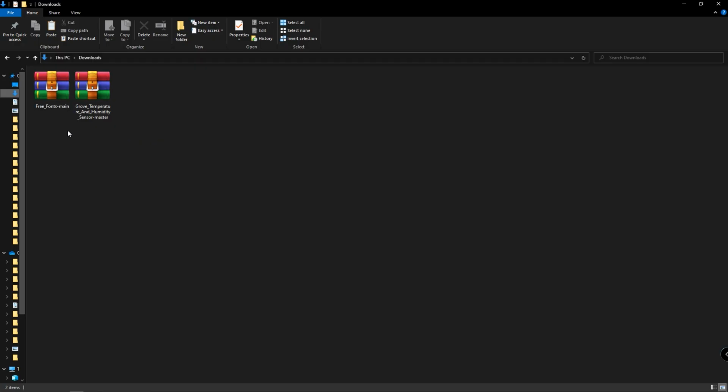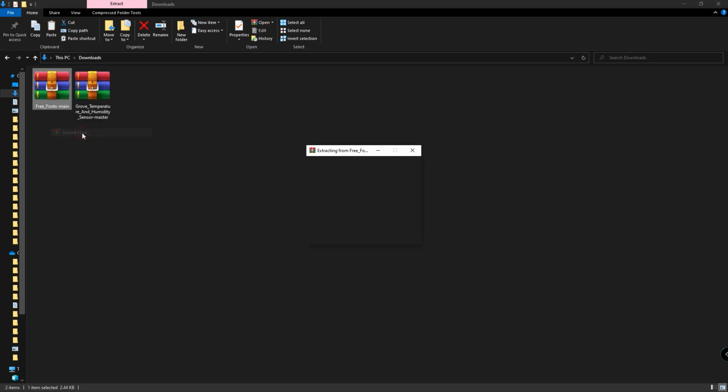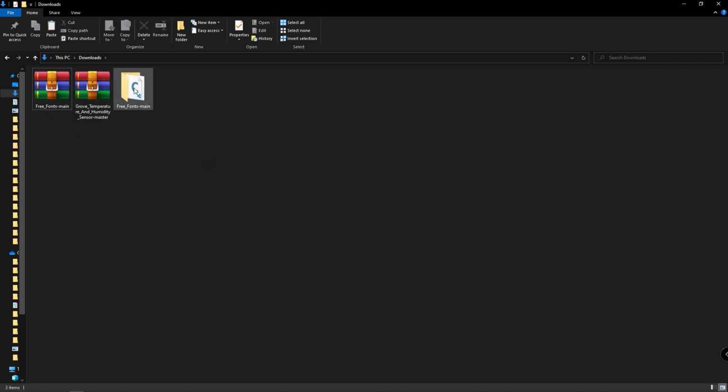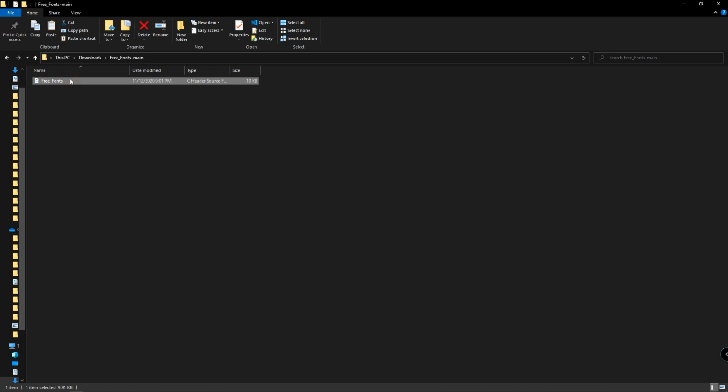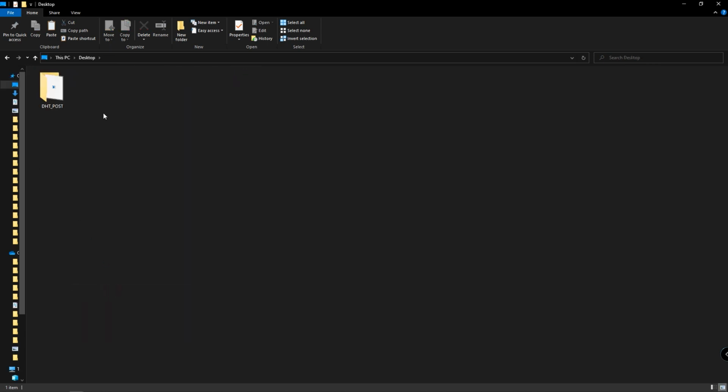After that, go to the location of the freefonts.zip file and extract it. Then go into that folder, copy the freefonts.h file and paste it inside the directory where we just saved our sketch.